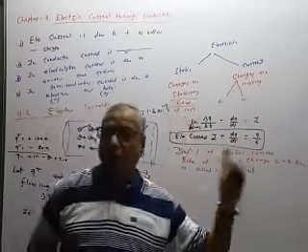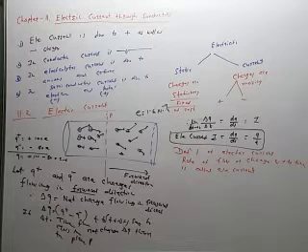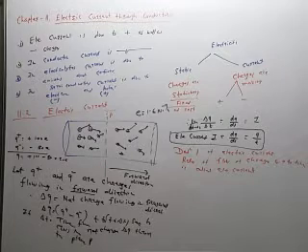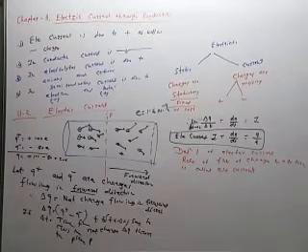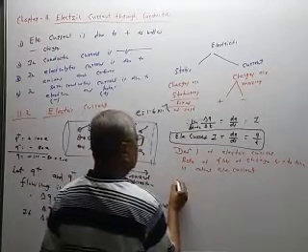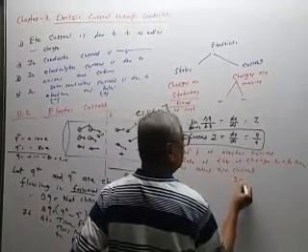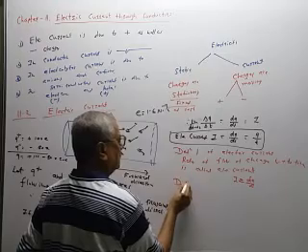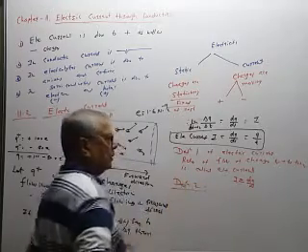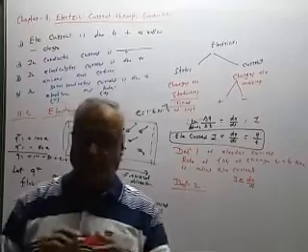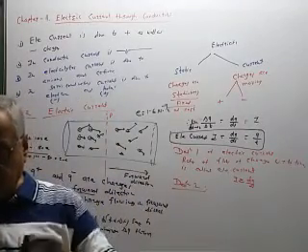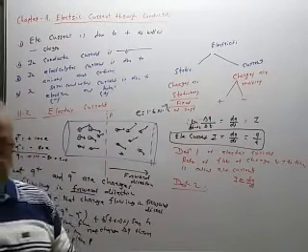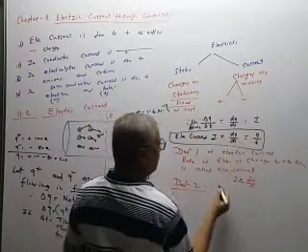Rate of flow means the charges are in motion. The charges are in motion. This is first definition. Second definition, I is equal to dq by dt. Definition 2. याच्यावरून द्यायचे असते. The electric charge flowing per unit time, it is also called as the current. Definition 2. याच्यावरून द्यायचे आपल्याला.